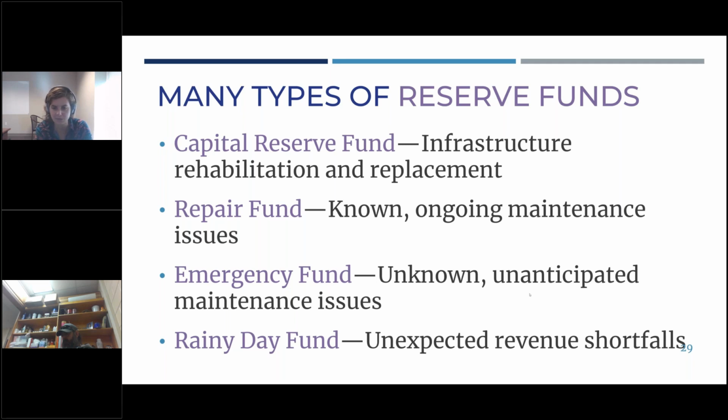And then a rainy day fund. So rainy day, because under rainy conditions, people use less water, but just for those unexpected revenue shortfalls. If there's a time where something comes up, COVID kind of being the obvious example, right? There are moratoriums on shutoffs, just unexpected revenue shortfalls, conditions where people might not be able to pay their bills or something might prevent you from actually providing the service. That's basically the objective of a rainy day fund.